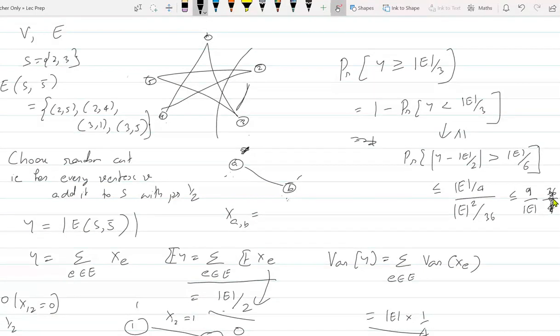So if you have a large graph with a lot of edges, this is very good, because E will be very large. If your graph is of size 9 or something, then you can try all possibilities and get the number anyway. But this will work for very large graphs. If you have hundreds and thousands of edges, this denominator is going to be 100 and 1000, and this probability will become very small, so the probability of success will become very high, and you will have a cut of size at least size of E by 3. Is that clear?